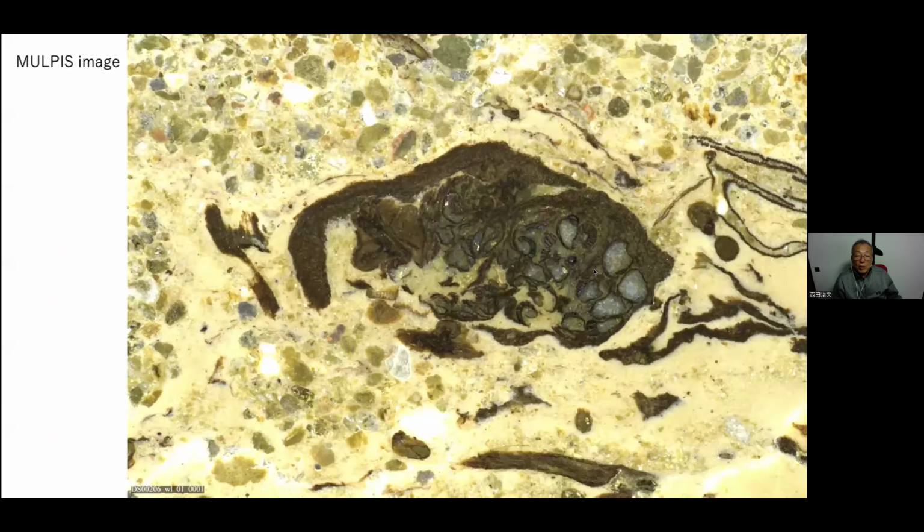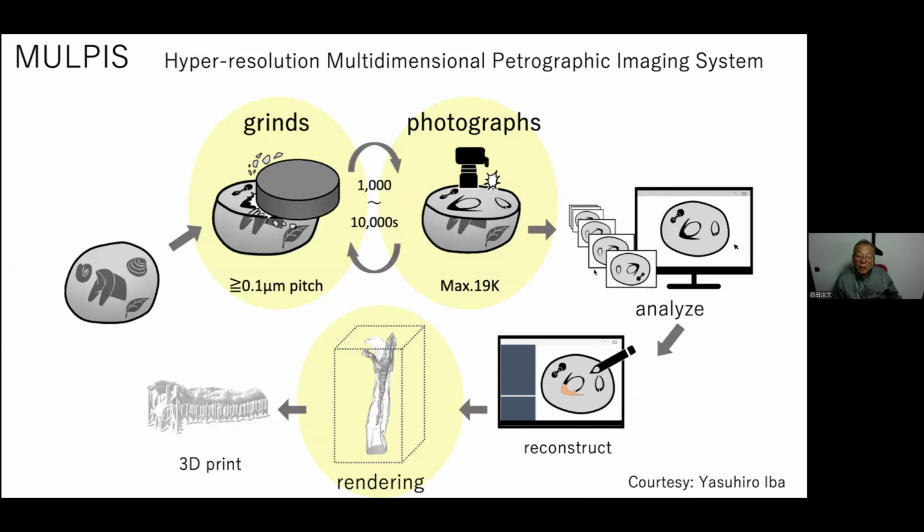So I talked about the Malpis method twice, 2 or 3 times in the international meetings, just briefly. And the machine is typically, there's only one machine in the world by now. So now it's still working. And we started grinding the Rhynie material. And now we are getting some good results. And one of the results we presented in the last IOPC in Czech.